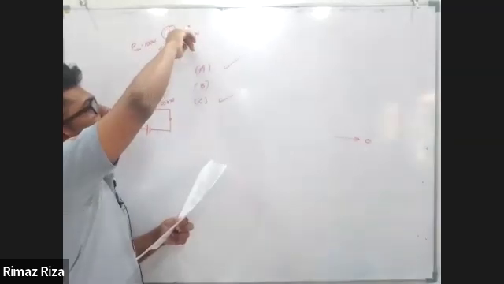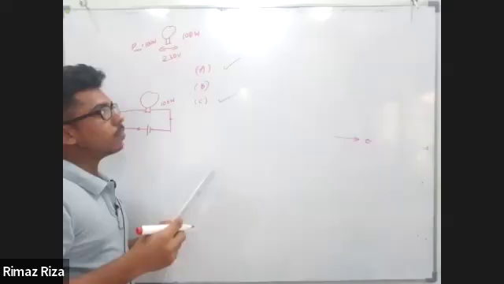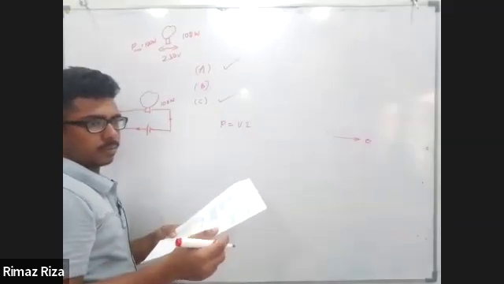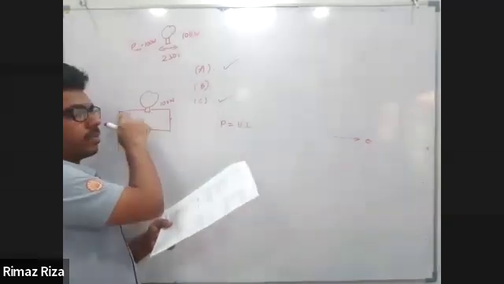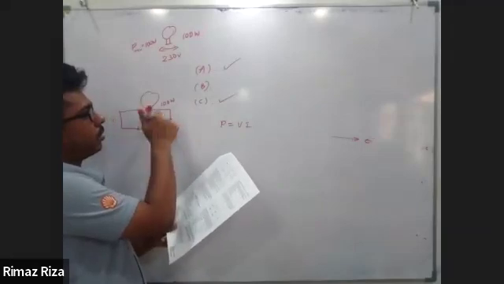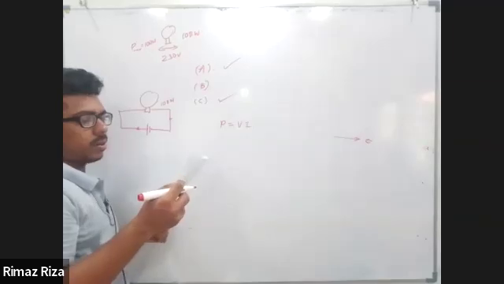What is the voltage across this? P equals VI. The bulb's power output is 100 watts. We get the maximum current in the circuit at first, and then the current decreases. Let's say it saturates. When it saturates, then 100 watt is the maximum power. Then it decreases to 100 watt. So initially the resistance is